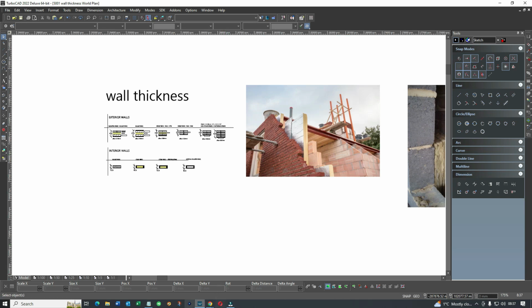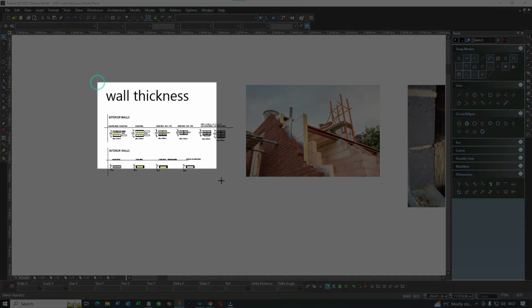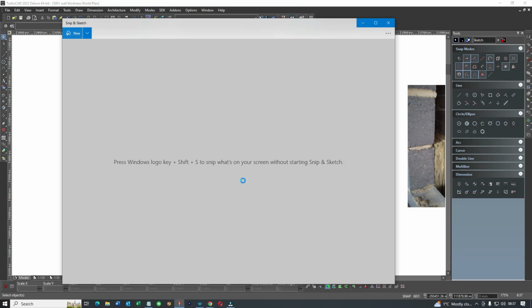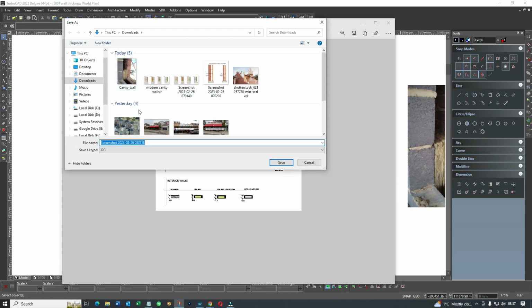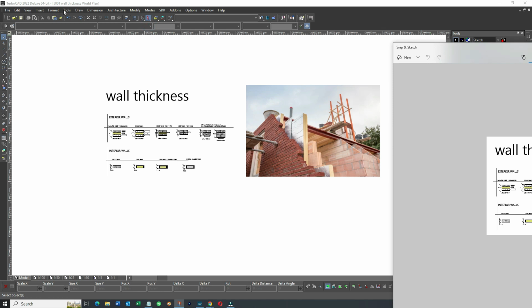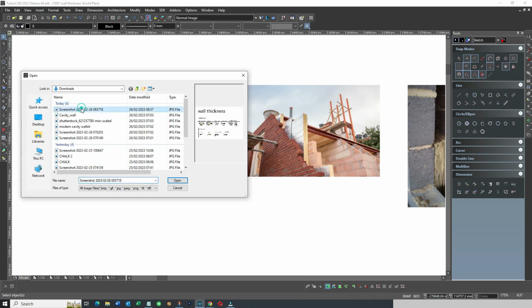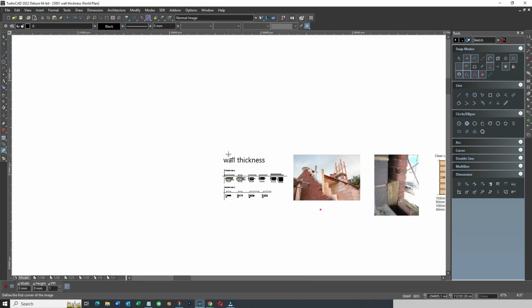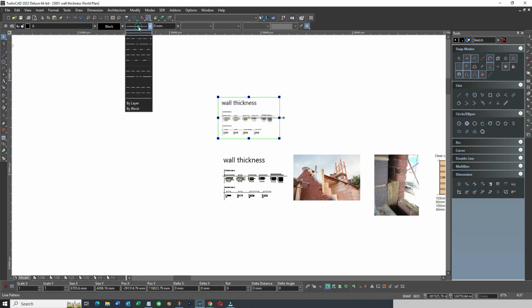So I'm going to do a snip and snatch. There you go. So I've got that. I'm going to save it in downloads, screenshot, and that's good enough. And now I'm going to incorporate it into my drawing. So if I insert a picture from file, screenshot, wall thickness, and there you go. And if you don't want the line around it, just